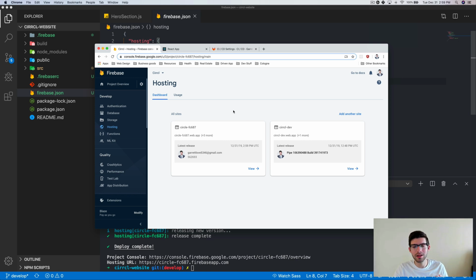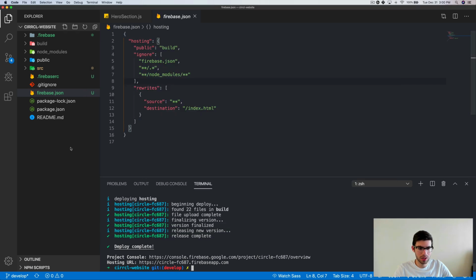Now, let's take a look at this deployment strategy though, because that was great, but even though Firebase did most of it for us, we just had to run a simple command. Really, we don't want to do anything. We just want to push up to Git like normal, and then we want to have Git do the rest of it for us. And we're going to use something called a CI/CD pipeline to be able to do that for us. So to do that, we're going to come back to our project,